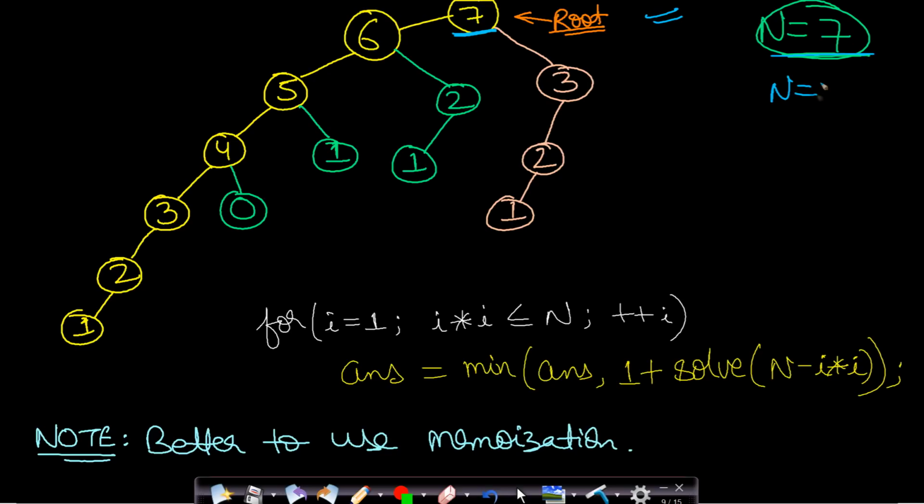If n is equal to 7, then we will start with the minimum possible breakpoint size, which will be 1 square. If you break it into 1 square, then this 7 will be called with the value 6. Again this 6 will be broken into 5, and so on. This will be broken to size 1. And let us say your base case is that for 0 you will return 0, as I have already explained. For 1 you will return 1.